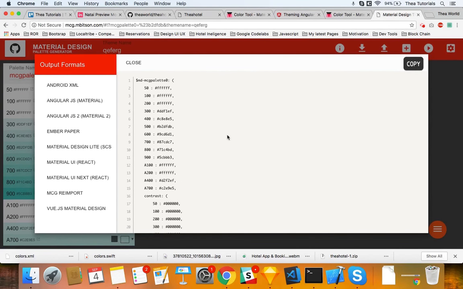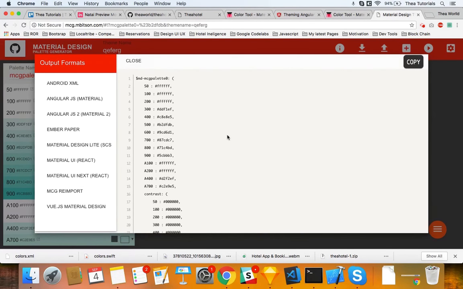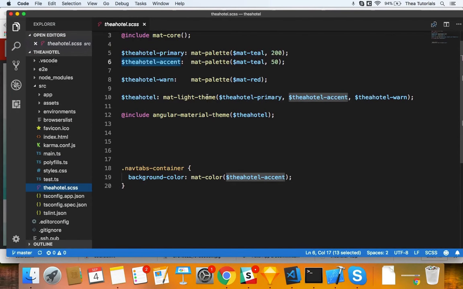Just remember, you don't have to copy anything. Just hang on a second. Now you see what this is, right? This is going to be our primary color. Come back to Visual Studio, and we're going to come back to the node modules,